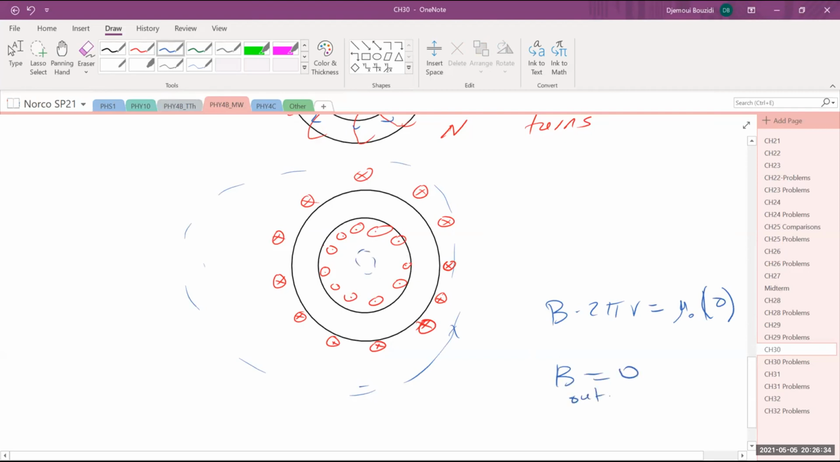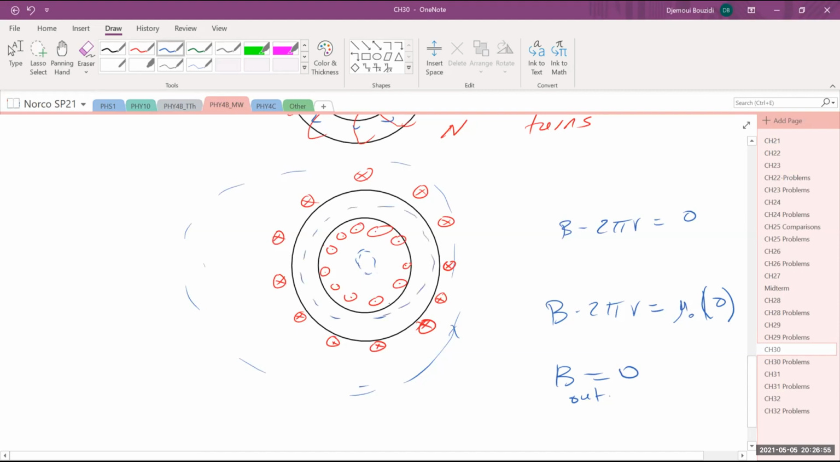B inside also is going to be 0 for the same reason, it does not enclose any current whatsoever. So it's going to be B times 2 pi r is equal to 0. The only reason why this is 0 is because the exact number that are going in is the same number that is coming out. But in this surface now,